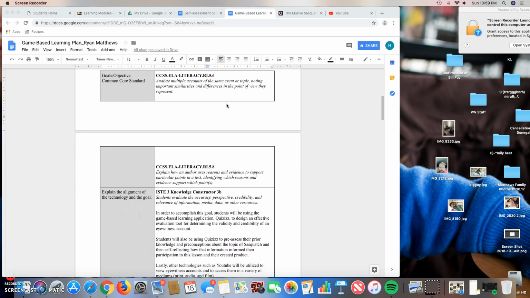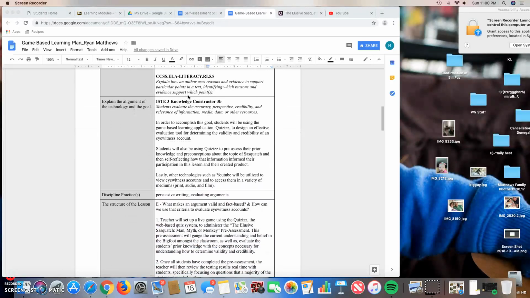This lesson focuses on 3 standards. The first one is the Common Core State Standard for Literacy in Reading Informational 5.6, which reads, analyze multiple accounts of the same event or topic, noting important similarities and differences in the point of view they represent. So as students are looking through those eyewitness accounts of Bigfoot or the Sasquatch, are they able to see which ones seem more plausible, less plausible, whether there are some common similarities between the stories, or if the stories are so different